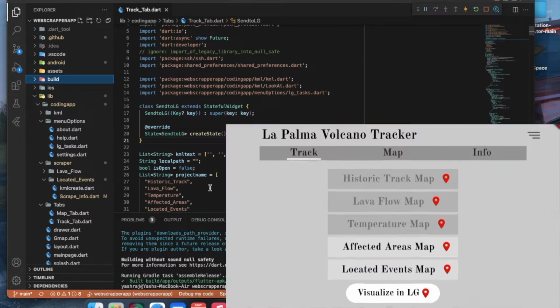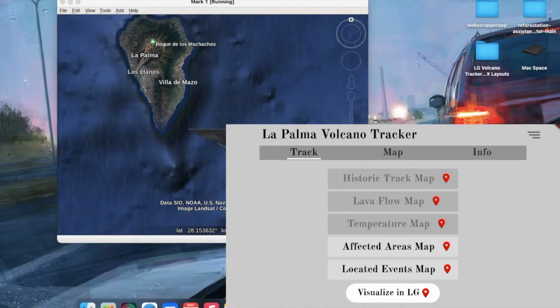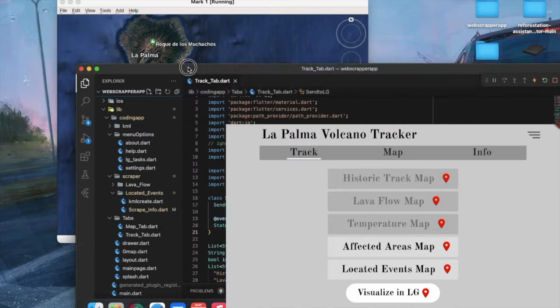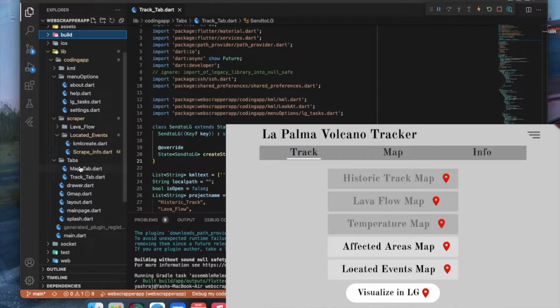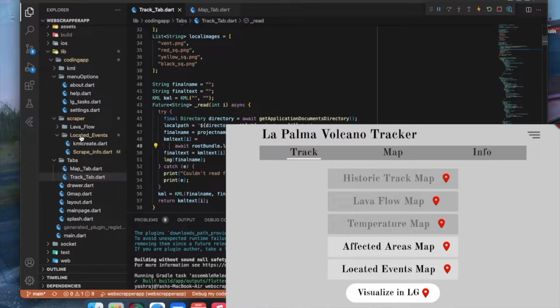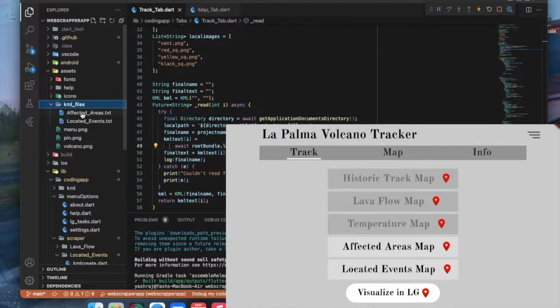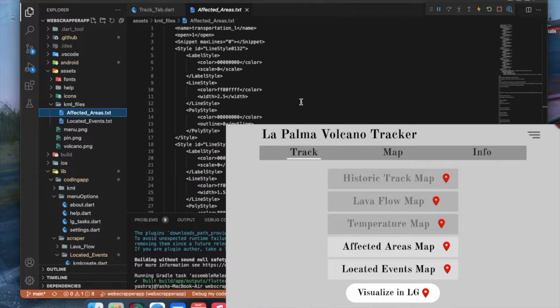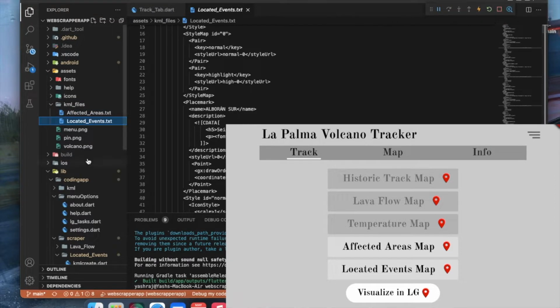Okay, so let's take a look at our app. We have also made a build version of our app now. We have the LG Liquid Galaxy, our lovely gallery islands, loaded up in the back. And we have the track tab. Now it is taking data from text files that are in the assets instead of scraping them from time to time. So I just have to scrape one time and generate these files, and the end user won't have to scrape